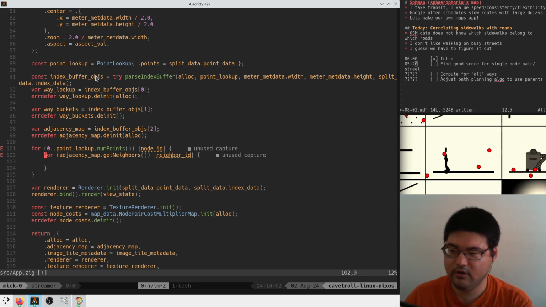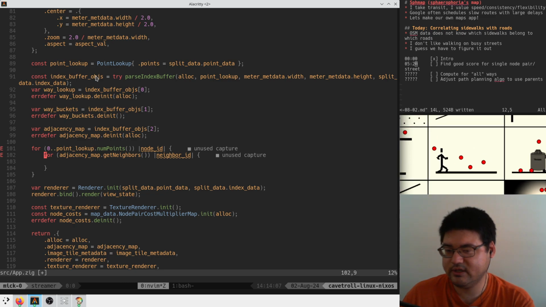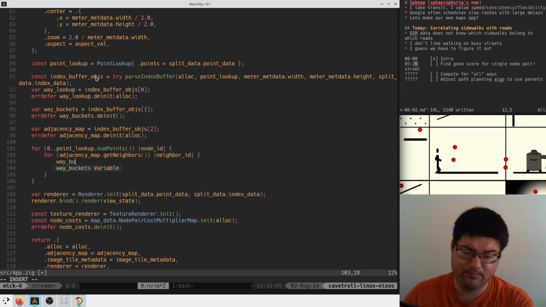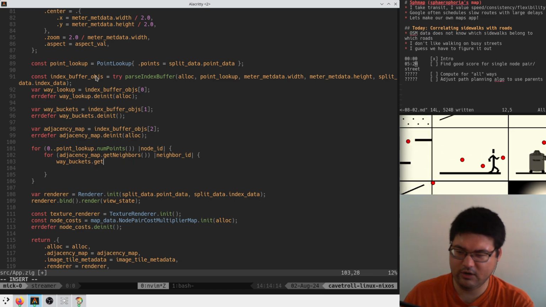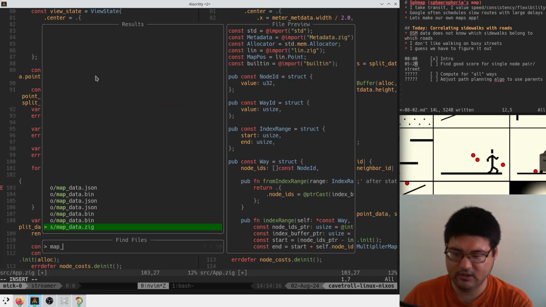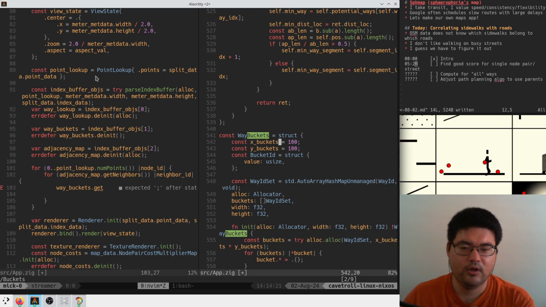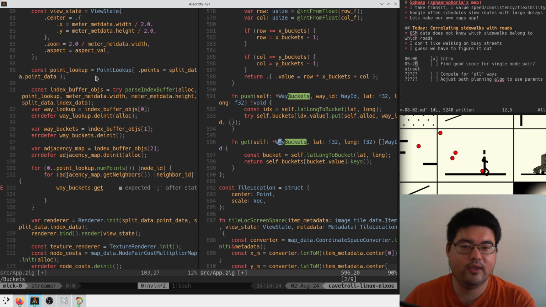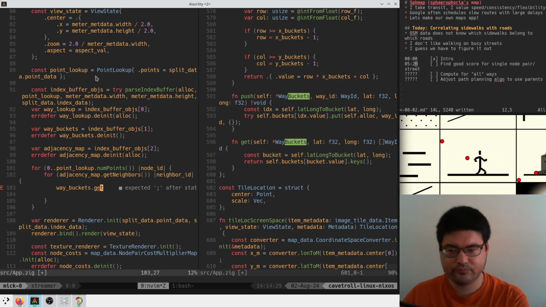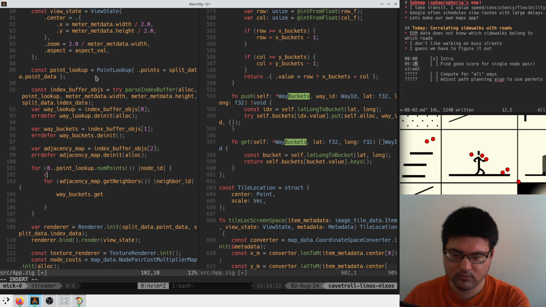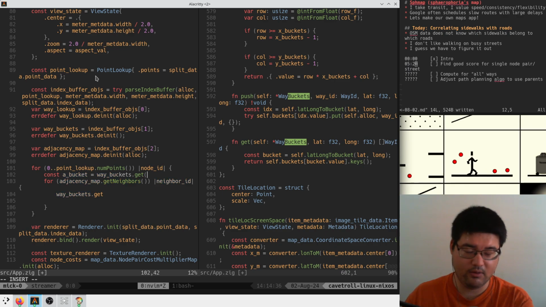Then we're going to look at our neighbor, and we're going to say way buckets get, something about getting ways. Where is our map data buckets? So here we are going to get a bucket for a specific latitude and longitude. A bucket is going to be way buckets get, and we're going to look at the